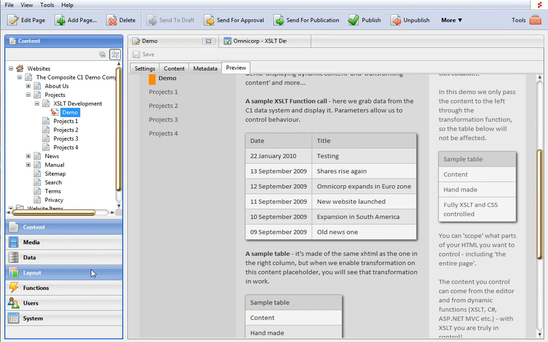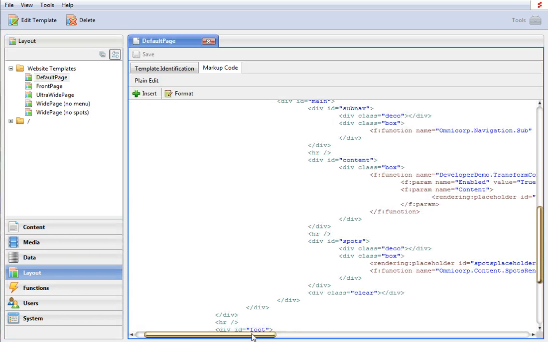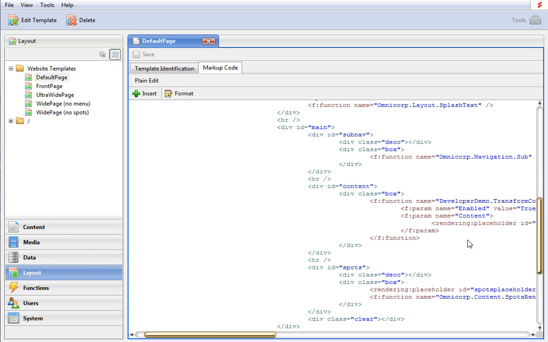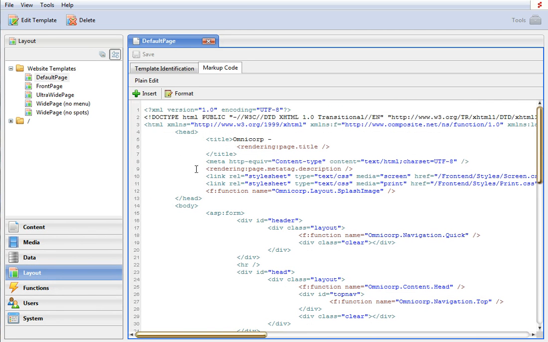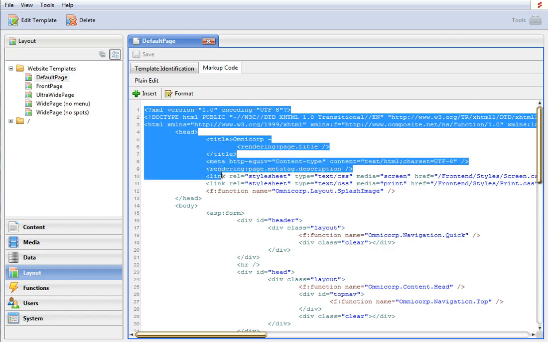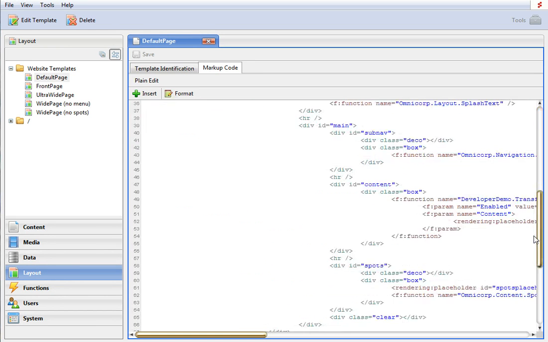Now of course the scope of your function can be like a placeholder, like in this situation. It can be a specific function call if you want that, or it can be the entire document. You can actually wrap this whole thing inside a function call. So you do transformations